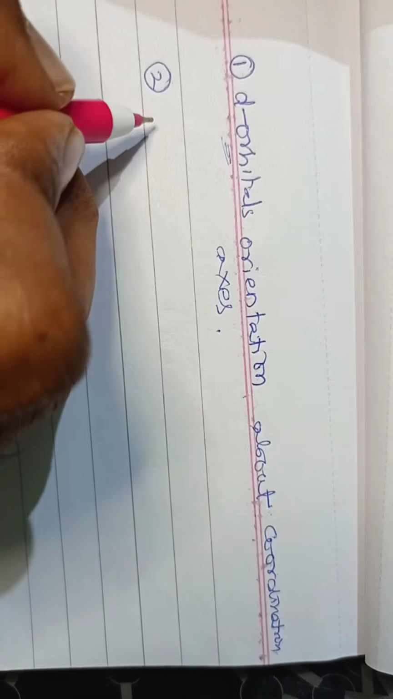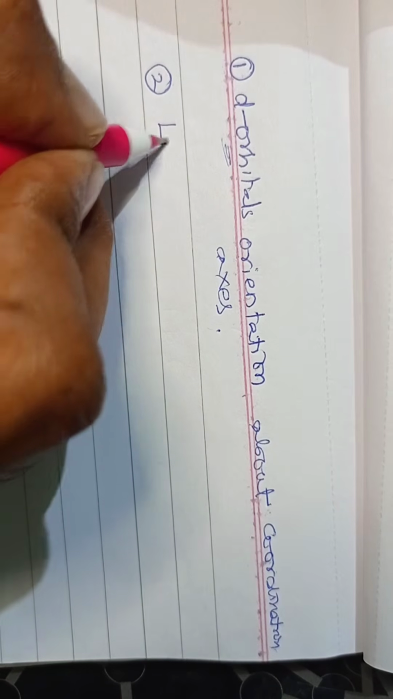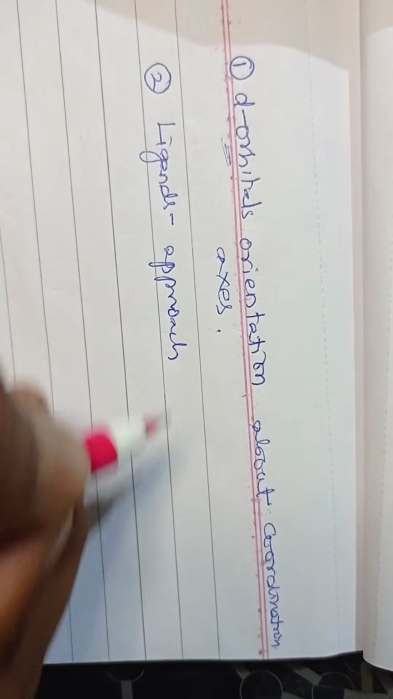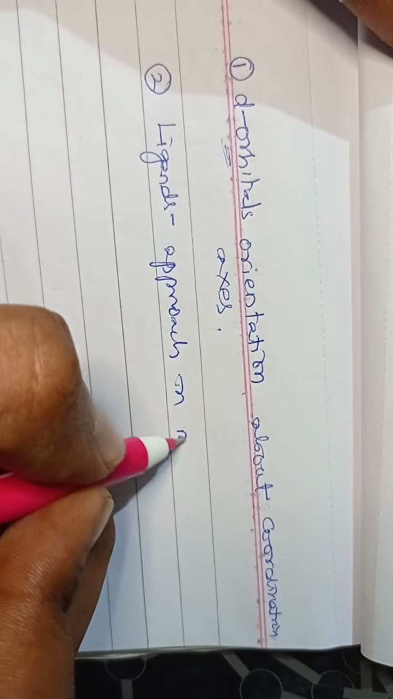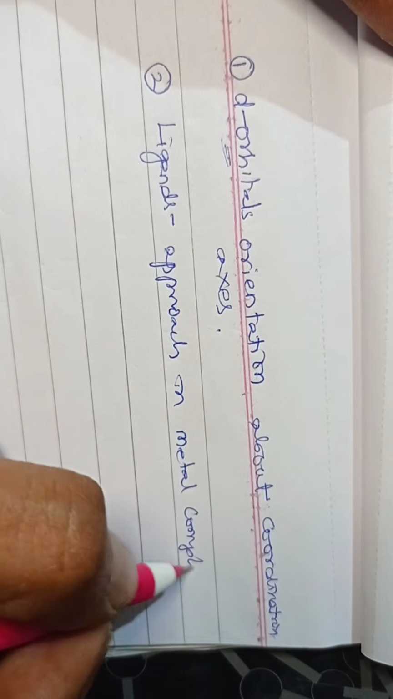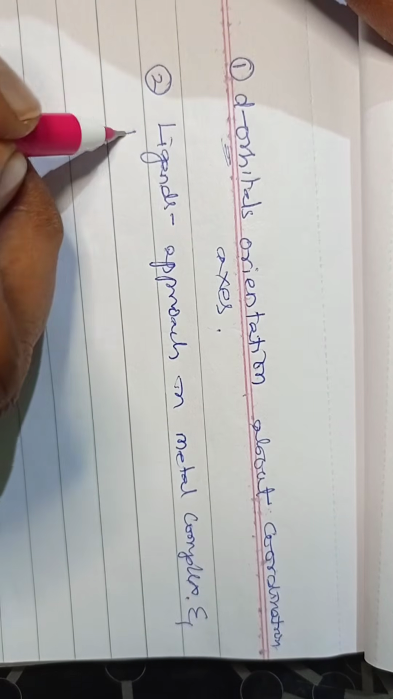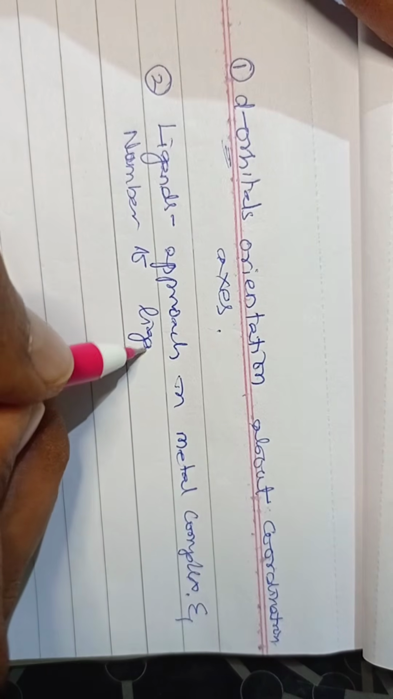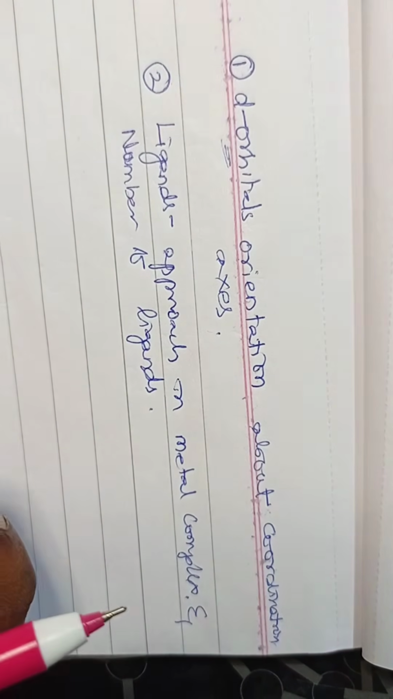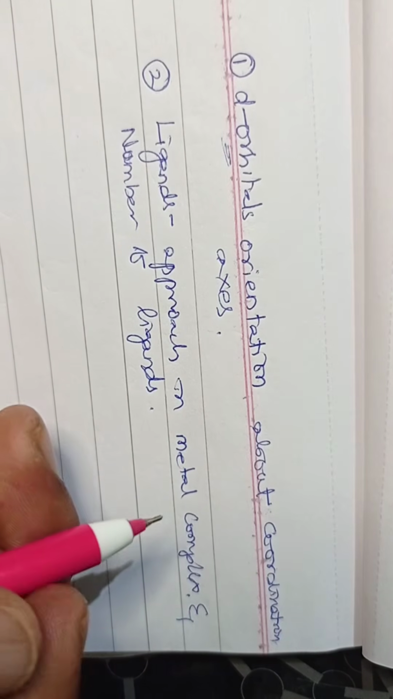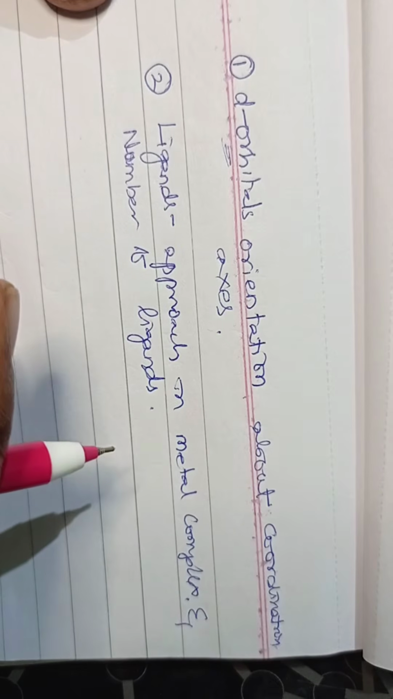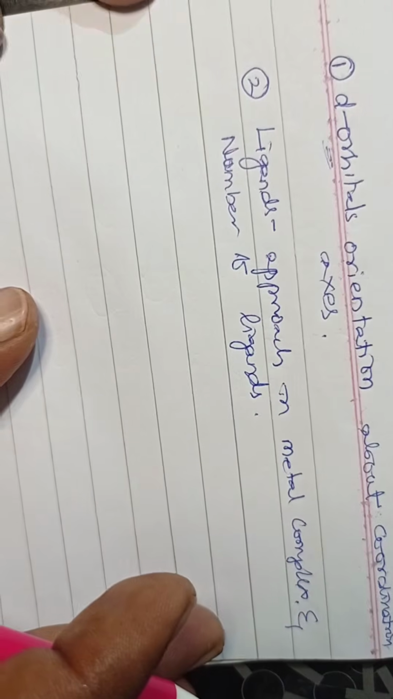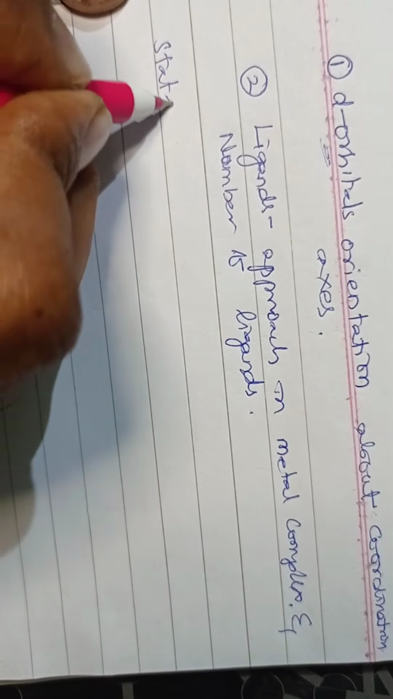And the second factor from the ligand side is the ligand approach in the metal complex and the number of ligands, right? With respect to these two factors, the splitting will take place, right? So with these two factors, there are two statements we can give here. The statements are: